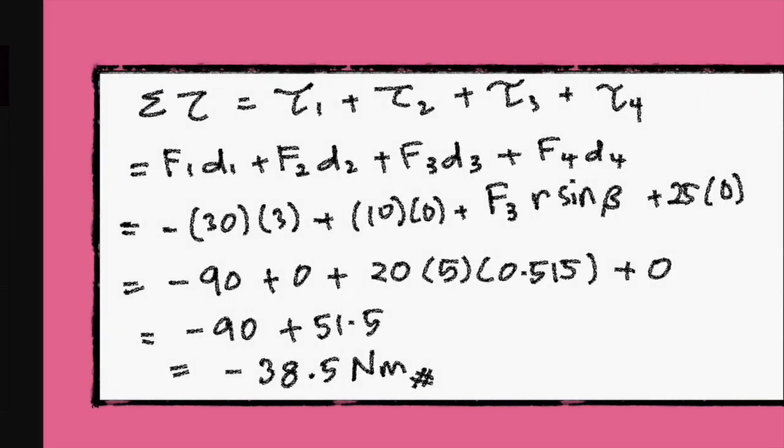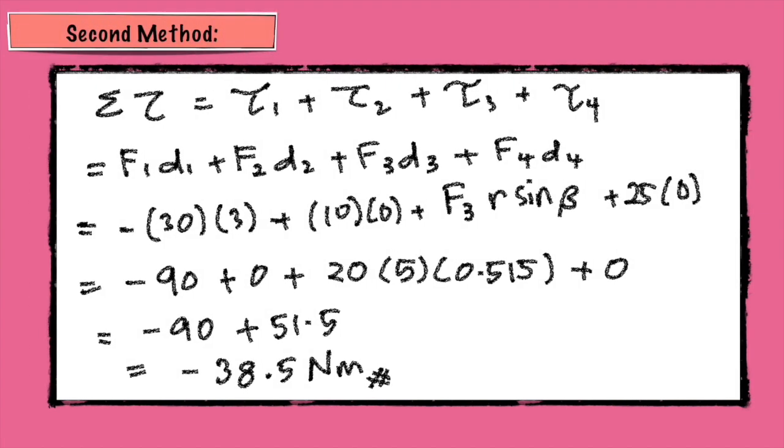Or you can use another method, which is the second method. Total torque is equal to torque 1 plus torque 2 plus torque 3 plus torque 4. Torque 1 is equal to F1 D1 plus torque 2 F2 D2 plus torque 3 F3 D3 plus torque 4 F4 D4. Torque 1 is clockwise, means that the sign convention will be negative, then put negative there. F1 is 30, D1 is 3, plus F2 is 10, D2 is 0 because F2 and D2 are parallel,